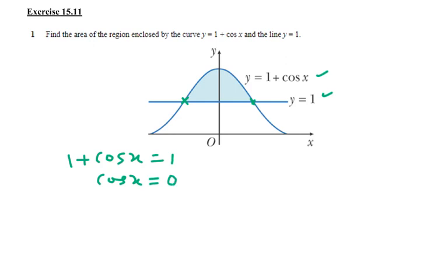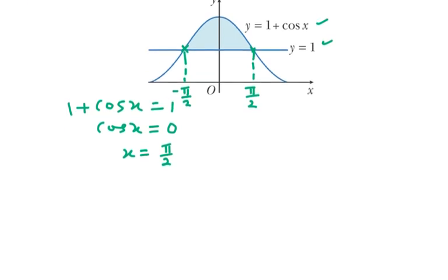So in this case, x will give you pi over 2. Considering that it is also at the negative side of the curve, this particular point will be equivalent to negative pi over 2. The next step that we are going to do is to find the area under the curve. So if you are integrating the equation of 1 plus cosine of x dx from negative pi over 2 to pi over 2, the area